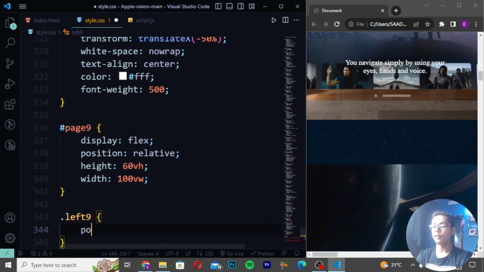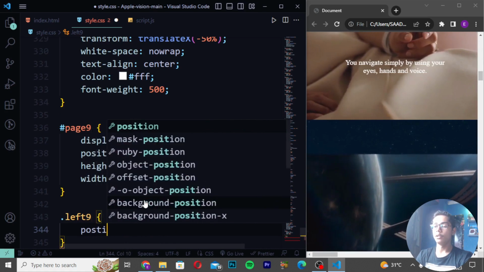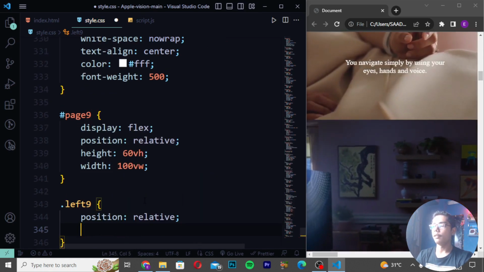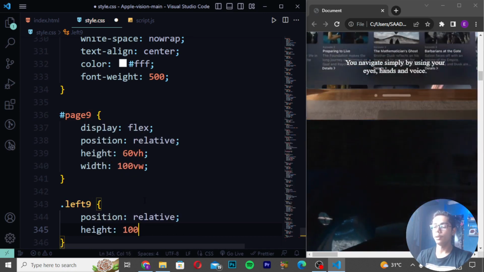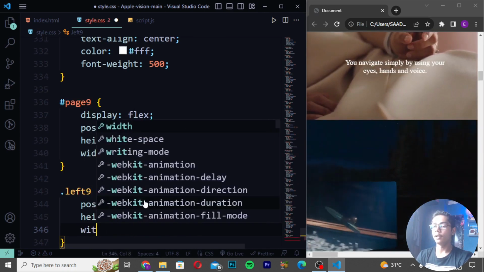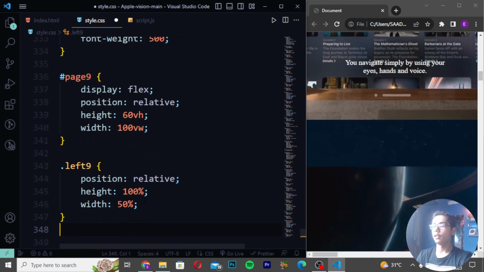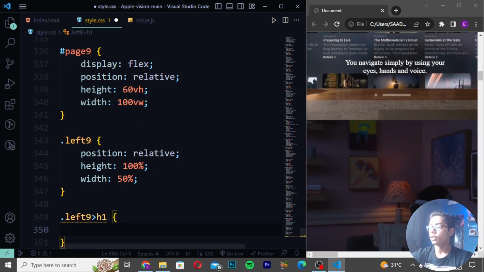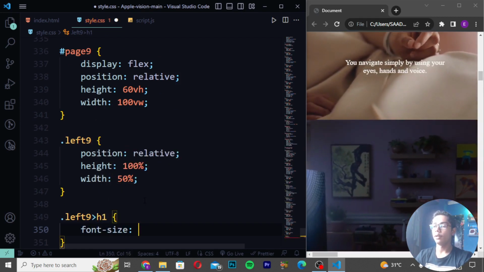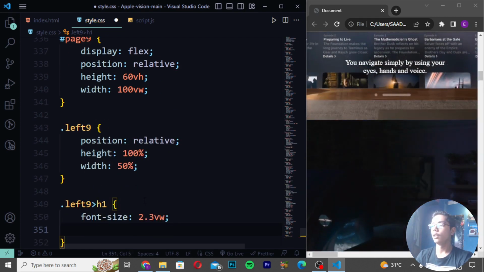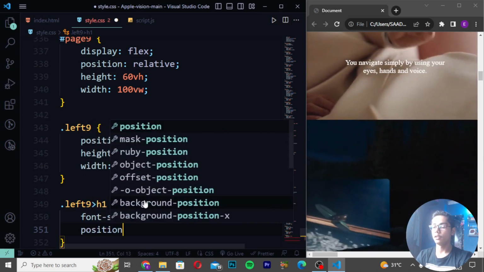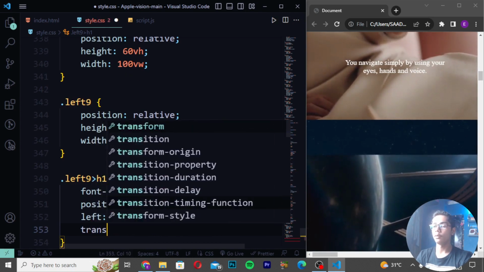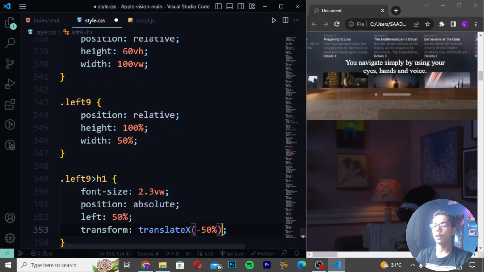Then create your tag which should be like position, and I will be now just writing here position relative, and I will be now just writing here height which should be 100%. Then write here width should be 50% like this. Then write here left 9 should be like H1 and create a tag which should be like font size. So here I will be now writing font size 2.3 VW, and then you have to create position should be absolute. And write here left 50%, and I will be writing here transform translate X minus 50%, and then write